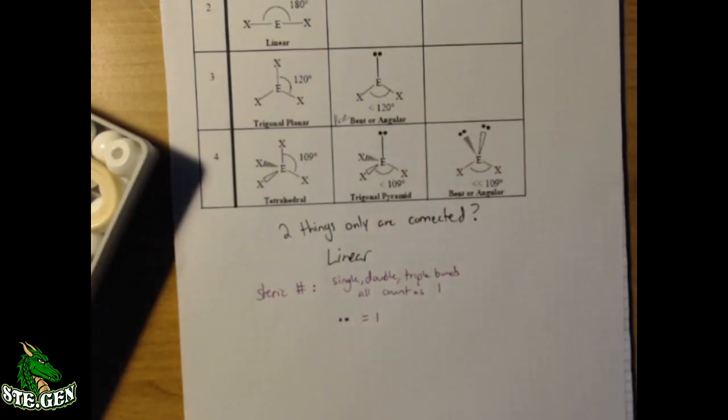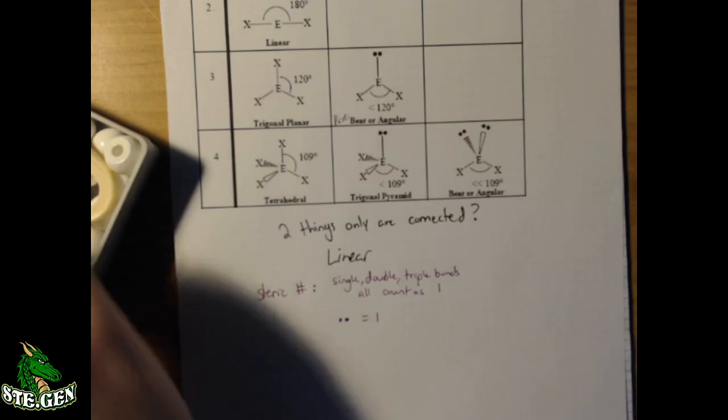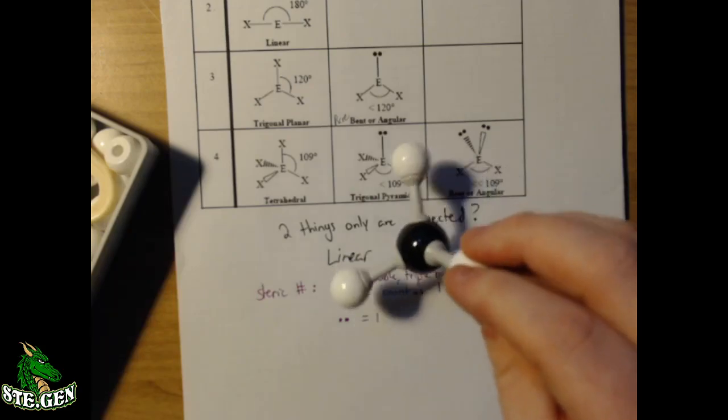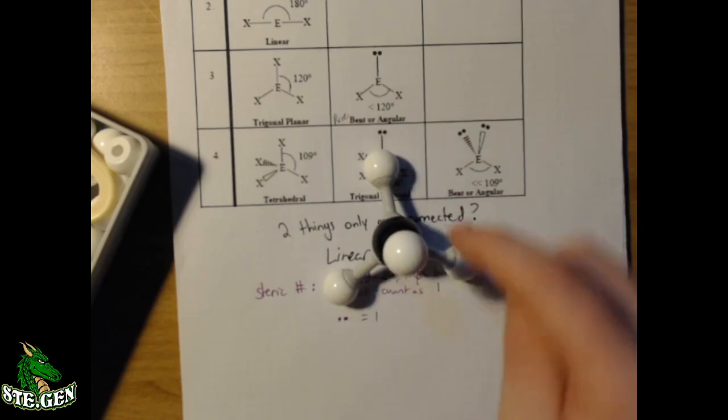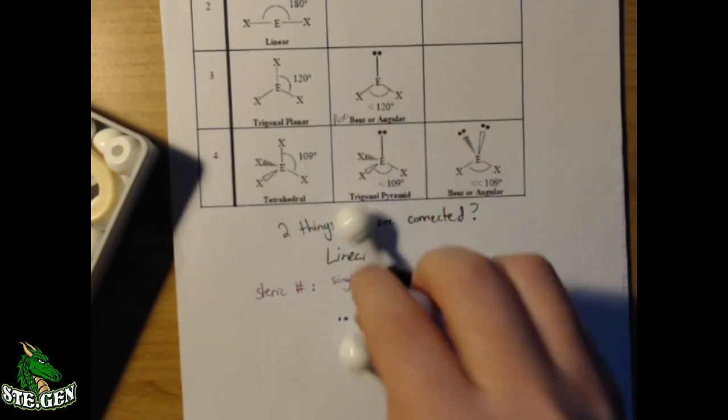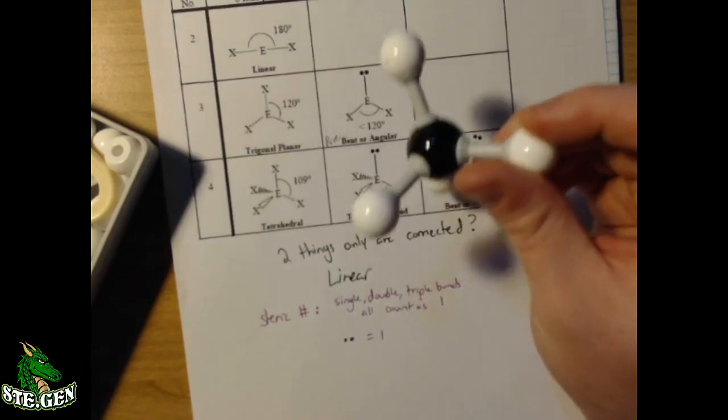So I'm going to go ahead and I'll just get the whole different molecule here for convenience sake. So if I have 4 pieces, I went into detail about this in the video, but your brain might tell you we could do a 90 degree angle, but that's not actually correct because we have to remember these are 3-dimensional. So because they're 3-dimensional, the shape that we're going to make is going to look like this. It's called tetrahedral. Tetra because it has 1, 2, 3, and then the bottom would be 4 sides if we